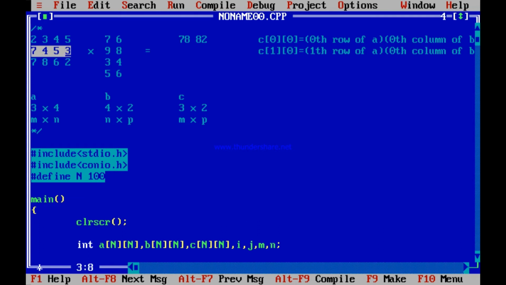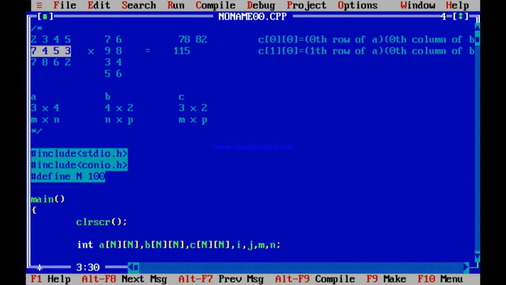So 7 into 7, 49. 4 into 9, 36. 49 and 36 is 85. 5 into 3, 15. 85 and 15 is 100. And 3 into 5 is 15 again. So 115. So this should be 115.